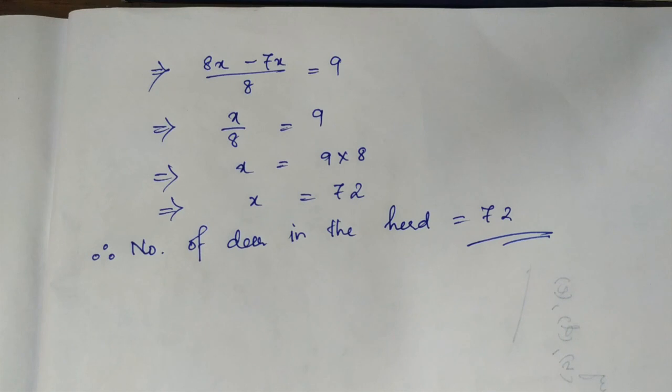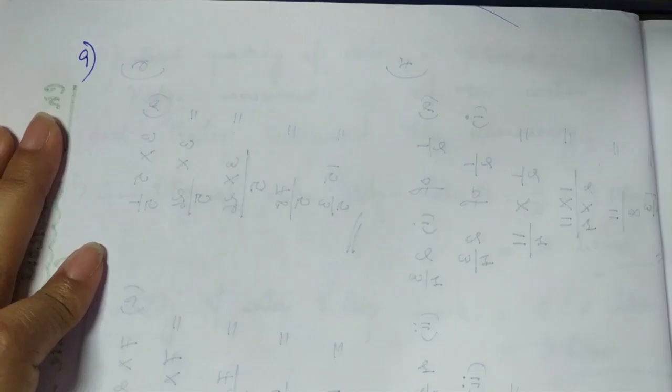Now we will move on to question number 9. Okay, what is question number 9? A grandfather is 10 times older than his granddaughter. He is also 54 years older than her. Find their present ages. Now it is given the grandfather is 10 times older than the granddaughter. Means if the granddaughter is x, the grandfather's age will be 10x, right? And it is given he is 54 years older than her. So will not be the difference between their age equal to 54? Yes. So in this way, we will form the equation and find out the present age of the grandfather and the granddaughter. So let's get started with number 9.